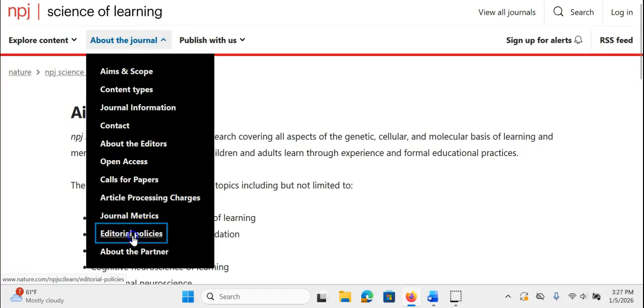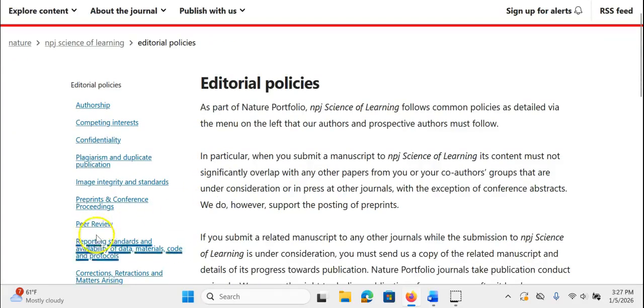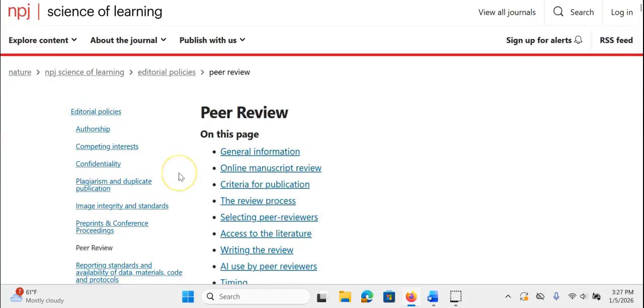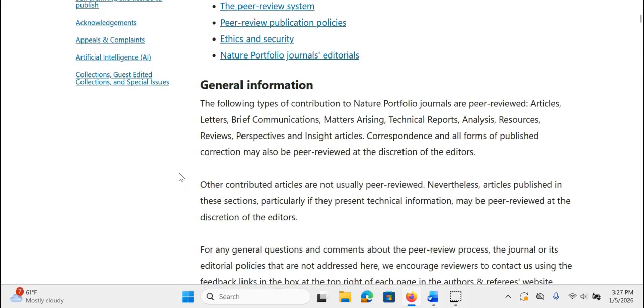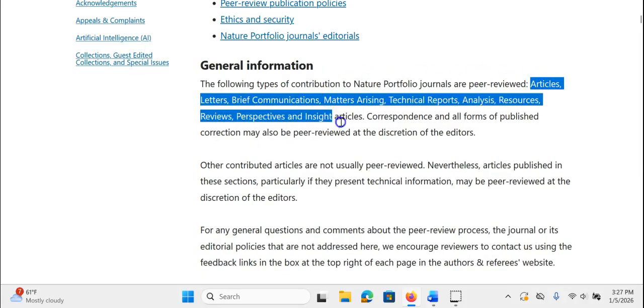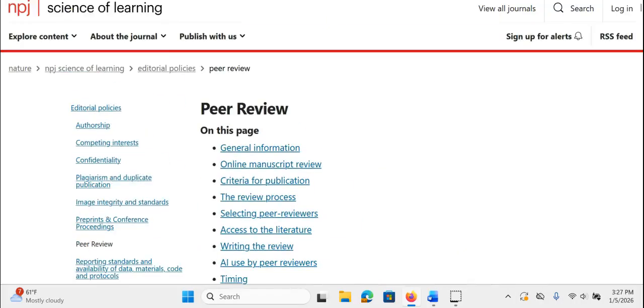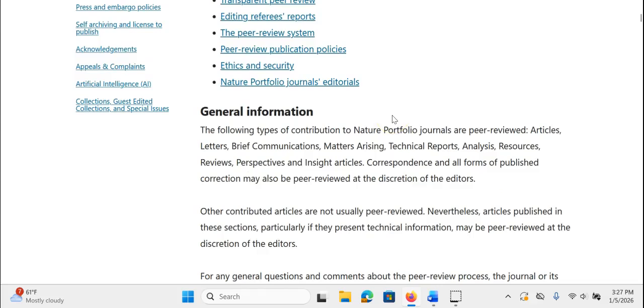Editorial policies might help us out there. Peer review. We're looking for something that shows that it is peer-reviewed, okay? So this tells us the following types of contributions are peer-reviewed. So anything that was an article, letter, brief communication, matter arising, all these things right here are going to be peer-reviewed. So what we were looking at was an article. So that was going to be peer-reviewed,